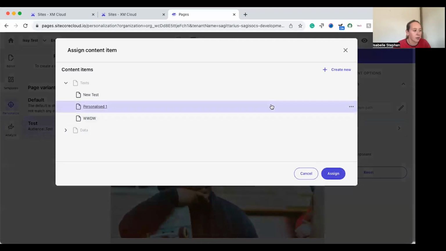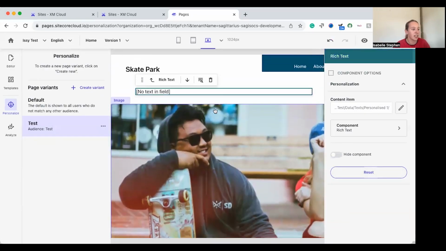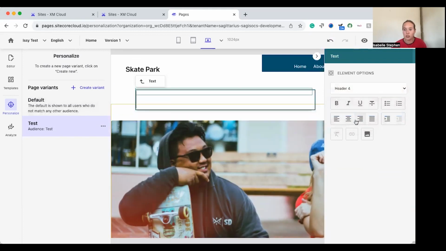You can see I've had a couple of other tests here, and we're going to assign it, and then going to click on the text field, and I want to change it to heading 4 because that's what it was before. And then I'm just going to type in here